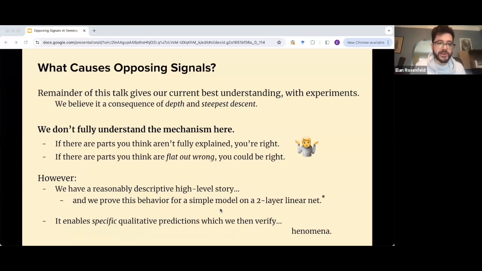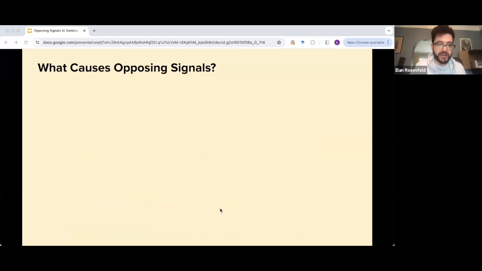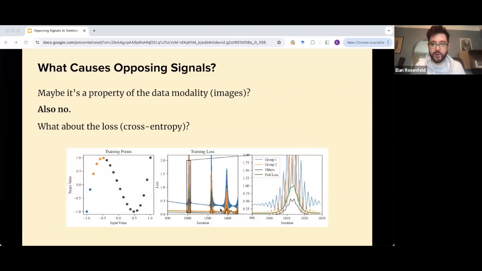Yeah, that's a really good point. Let me go back to the plot before. We discussed this in the paper. If you look at the leftmost plot here, these points are the points that we're training on with mean squared error. And you're right that there aren't outliers. This is 20 points and it's a smooth polynomial. There are no outliers here, right?